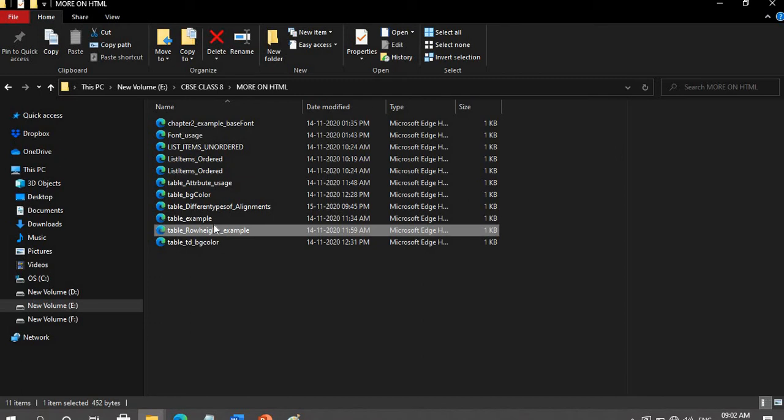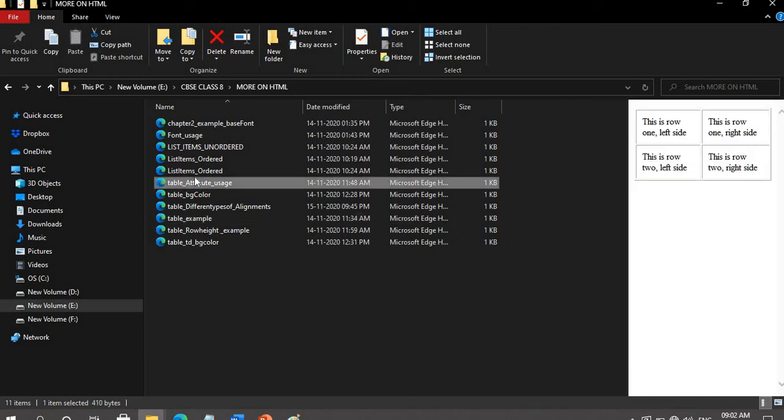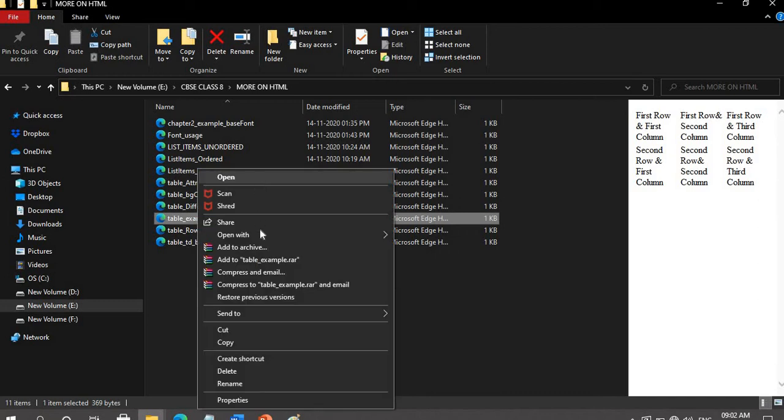Row height example, table example. This is the example for the table. Open with Notepad.